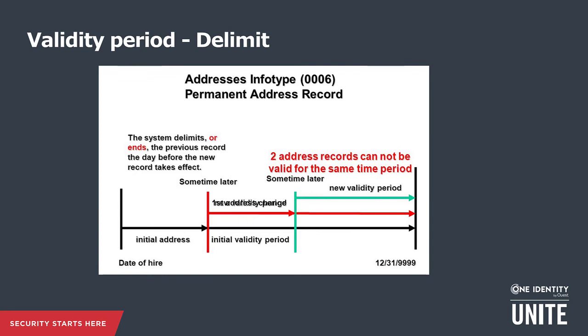new valid entry. Sometime later, the employee announces to the HR department that he's going to move to a new address on the 1st of the next month. The HR department creates a new permanent address record effective on the 1st of the next month. This will again lead to the ending of the previously active record on the last day of this month, and the new record will be set active from the 1st of next month until December 31st, 9999. This is the vertical green line interrupting the red. This is also called a future dated event.